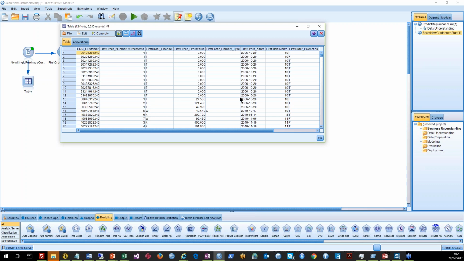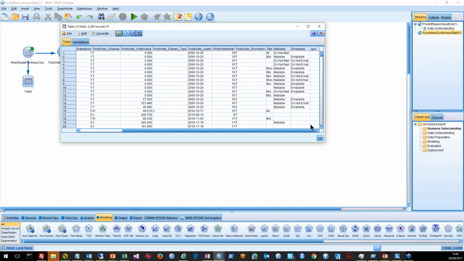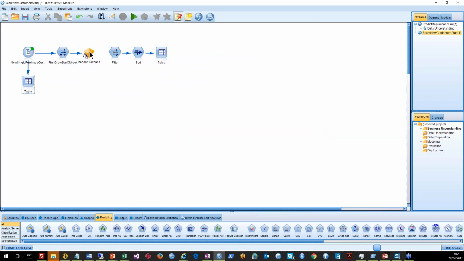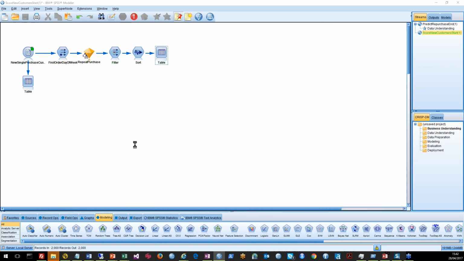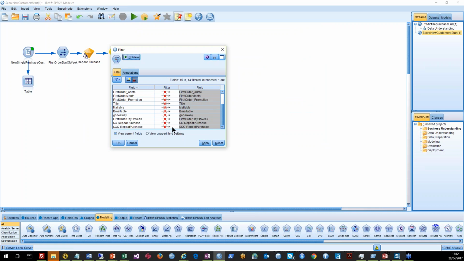So what we're asking the model is, amongst these customers where we have the same data on them that we had when we built the model, which of them are going to go on and repurchase or not? And you'll see, of course, because they're new customers, we don't know at this stage. So that's what the model's here to do. So if we wire the model into the same process, just run it through,